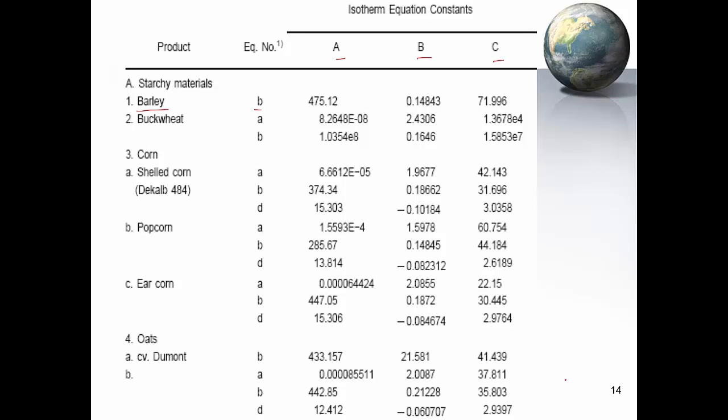Why are we bothered about it? Why do we need to learn about it? Number one, if we want to dry corn, we need to know the initial moisture content. What is the desired moisture content? We need to be able to estimate how much moisture I want to remove. That's number one. And another thing, if I have a grain bin and I want to dry the